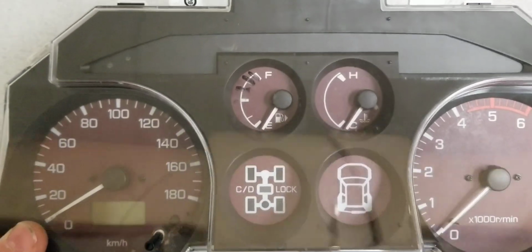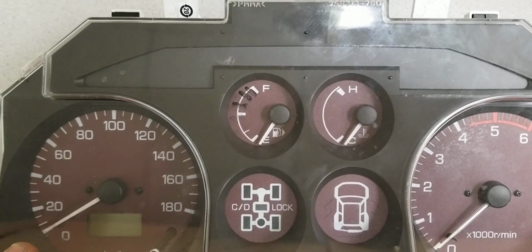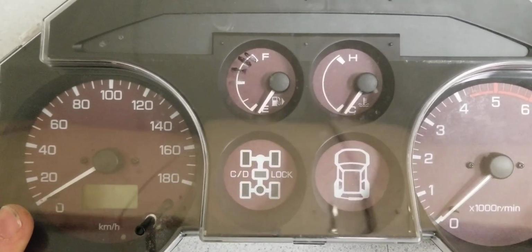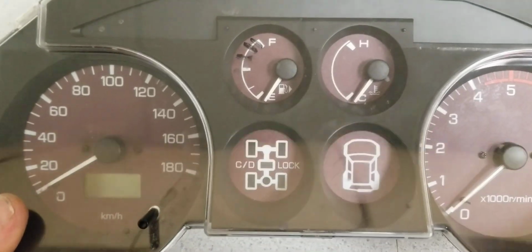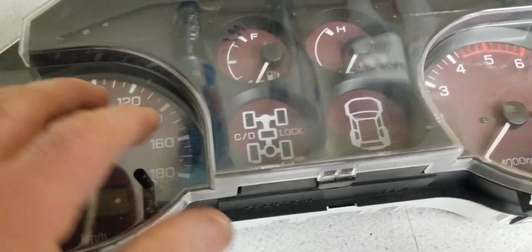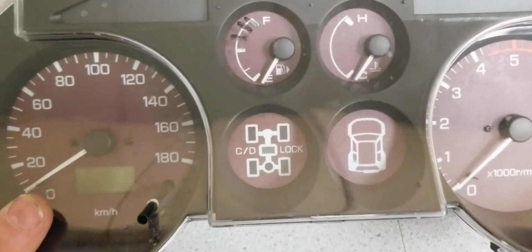Instrument cluster for a Mitsubishi Pajero, 2001, 2003, I guess, 2000s, that series. Mine is a diesel engine, but it doesn't matter, the idea is the same. They come with a bunch of light bulbs that will illuminate the cluster, the instruments, and a bunch